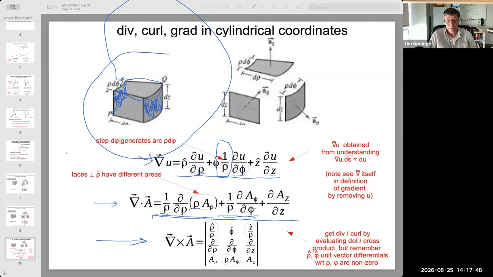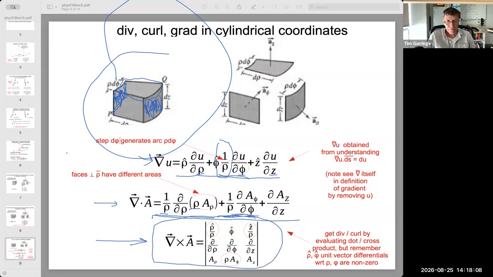When you take a step in phi, you sweep out an arc of a circle that is rho d phi. And we needed that fact there. We need it down here too. Okay. So that explains this new expression for the divergence in cylindrical coordinates. Here's the expression finally